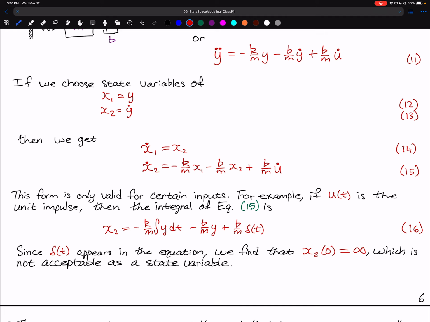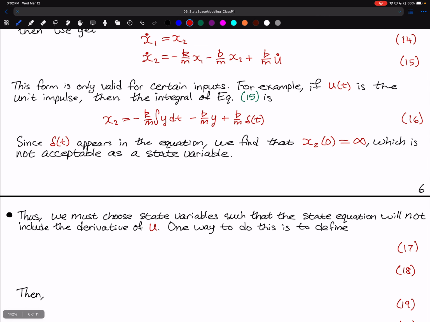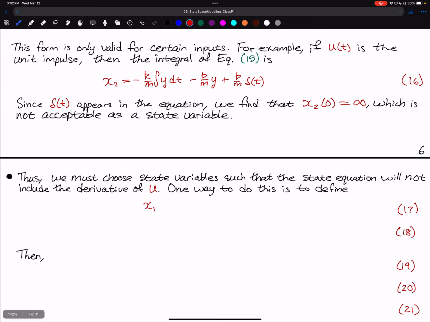Now, if u is a constant or some sinusoidal input, then this is okay. The state variables chosen are fine. But for certain types of input it's not okay, which means that in general, it's not okay. So we need to choose some type of state variable such that our state equation will not include a derivative of u. One way to do that is to define x1 equal to y,